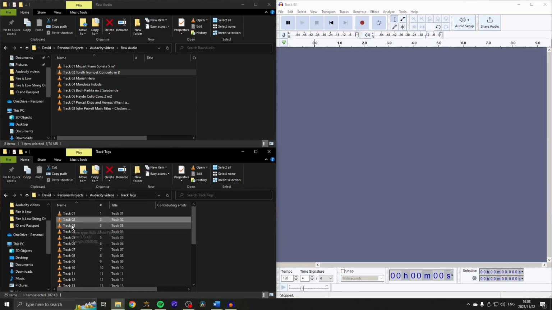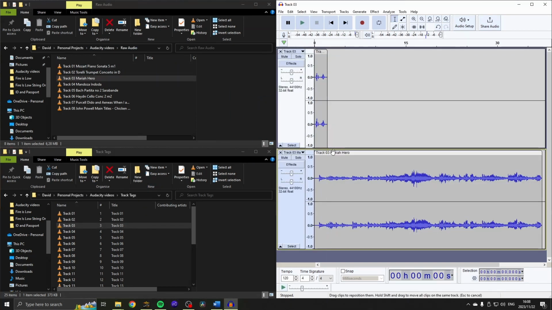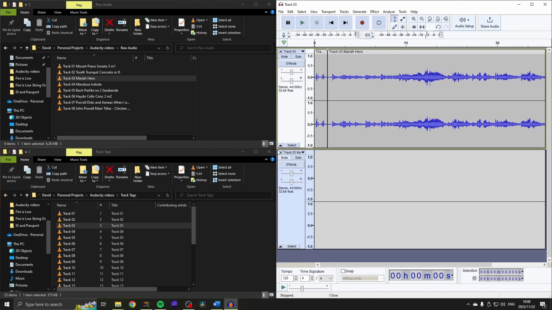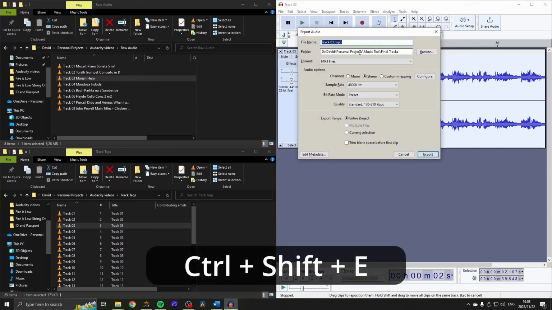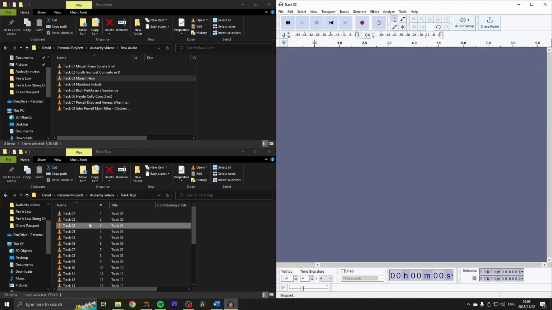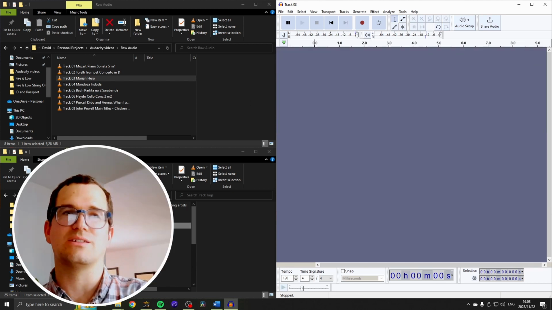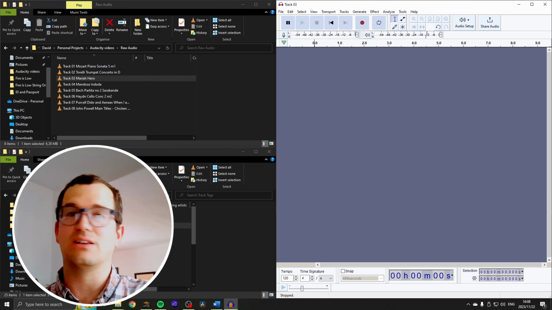Let's see how quickly I can do track 3. So track 3, track tag. Let's get some R&B in there. Drag it up, close, select, Control-R. Fantastic. Control-Shift-E, export, and close, and I'm ready for the next one. Literally a few seconds. And those files in the final tracks folder, we can then deliver to our students in